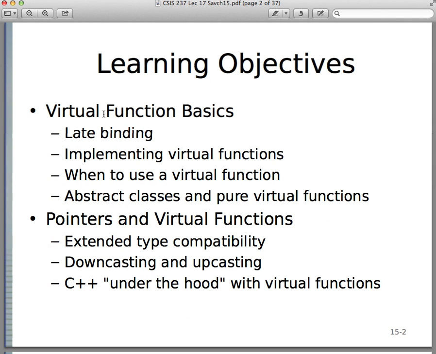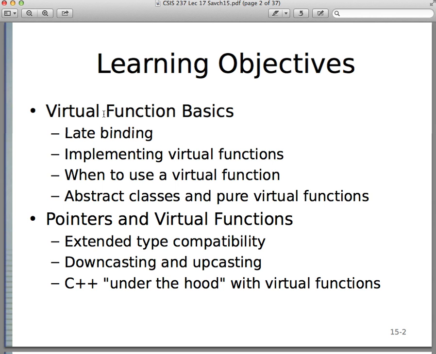So if you've forgotten, base classes are superclasses. That's what we used to refer to them as in Java when we took the Java course, and derived classes are subclasses. So in the context of, let's say, a pair of classes, and it can be more than two classes, a superclass and a subclass, or a base class and a derived class, these two classes will probably have some kind of methods in Java, member functions in C++,